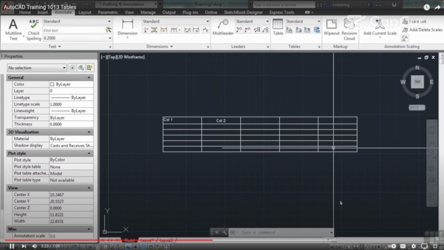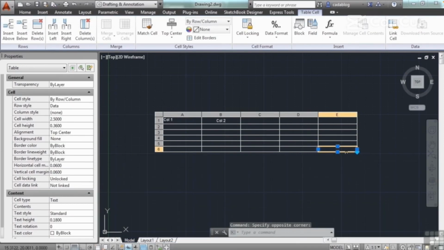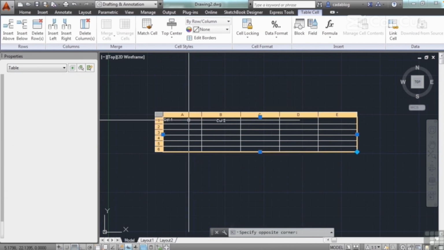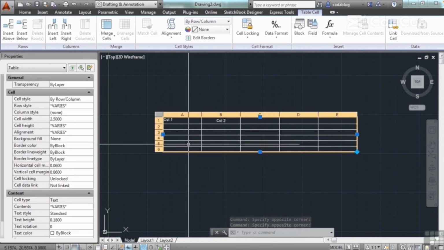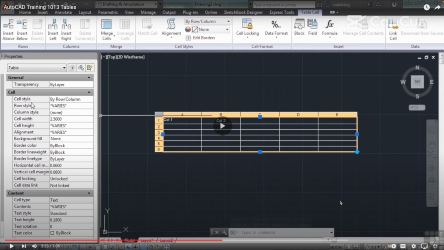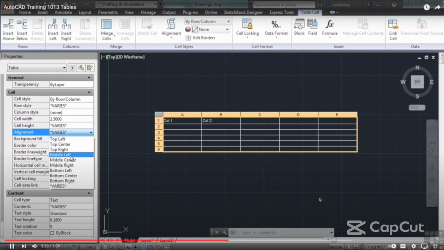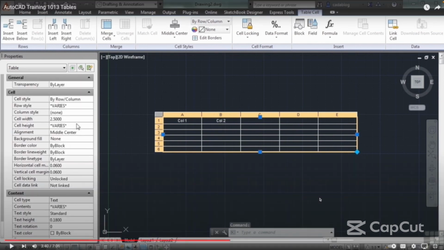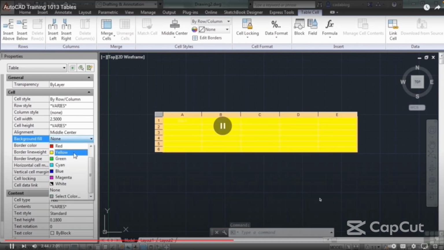So if I pick all of these cells, I pick one box, hold down the shift key, and now I have selected all of these boxes. And I can change different styles, cell height, cell width, alignments, and then they'll all match all at the same time. I can even put in background fills